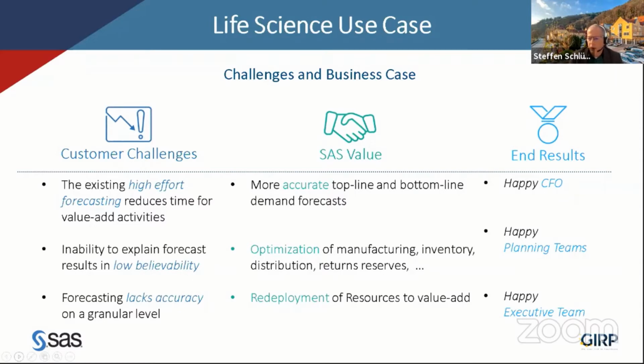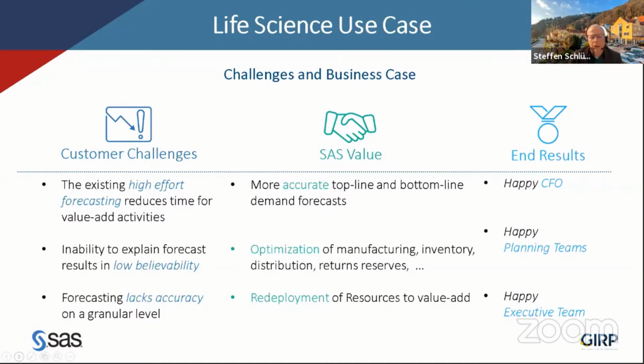digitalize their supply chain. So what was the use case behind that one? What challenges did the customer have? The biggest issue they had was forecasting, as a starting point. It was taking a long time to build a forecast. The forecast itself was a black box, and they were not able to quickly explain the result. So there was always a question about the result, leading to more work to be sure. And the accuracy on many levels wasn't good enough to use it as a foundation for planning.